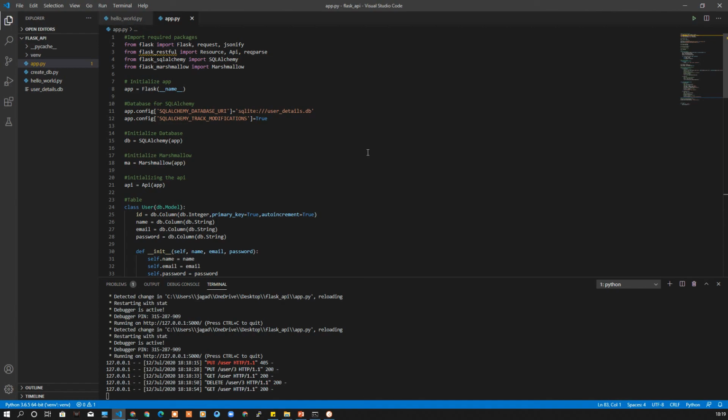In the future video, we are going to create a REST API using Flask-RESTPlus, the best REST API library, which we are going to use in the next video. And in the next video, we are going to integrate Serverless with the API, so that we can deploy these APIs to the AWS cloud.